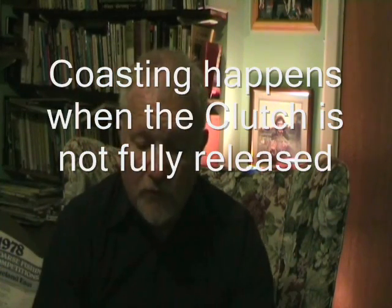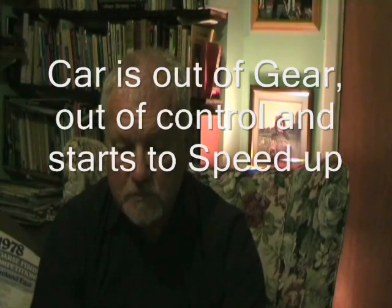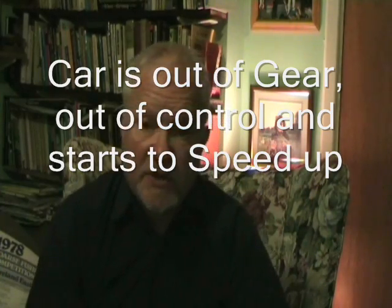And it's very common for beginner drivers to depress the clutch far too soon when you're getting ready to come to a stop. Basically, the end result is that with the clutch fully down, whatever gear you've selected is not active, and so when you're coasting, the gear that you've selected isn't engaged, and therefore the car is effectively out of gear and it's out of control. It's a very common fault on a driving test,